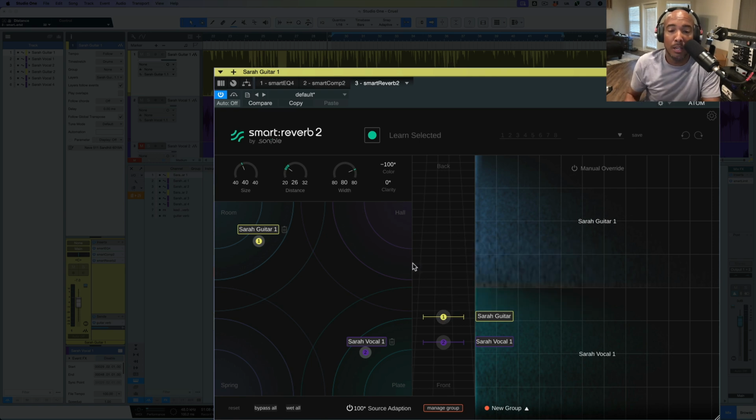And I also like that this matrix that we have here for the room, hall, spring, plate, outside of the infinite or maybe reverse, we're not doing anything too crazy with effects here. This is a great sounding, more so what I call a standard reverb, not something I would go to if I'm trying to make a bunch of creative effects, even though we can do some creative stuff with it. I'm more so like this for just standard general reverb use,